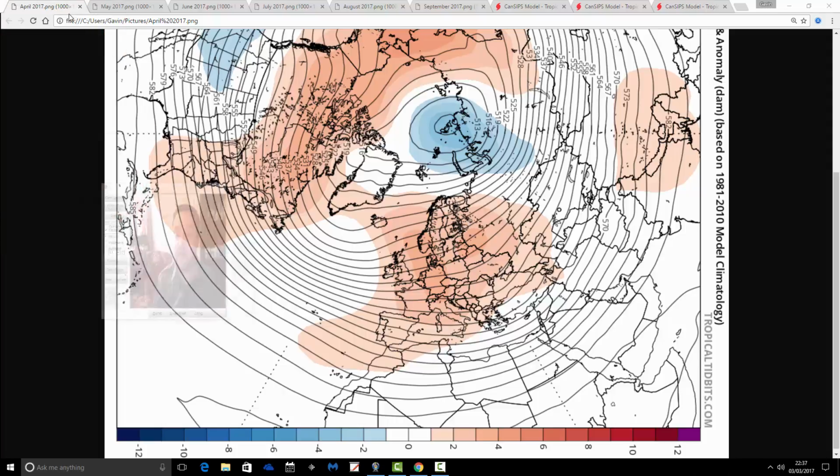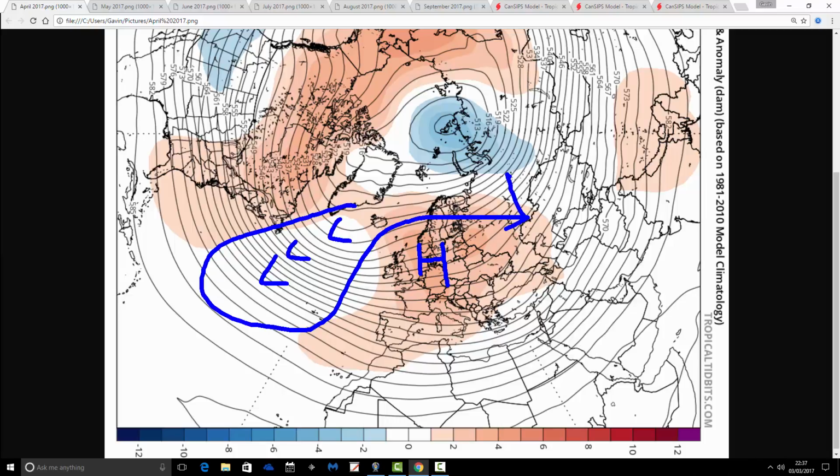Right, let's start off with the 500 millibar height anomalies. We're beginning with April. So this is the 500 millibar height anomaly for April 2017. It's just 1 month away, so if the model has this correct, hopefully this is the more reliable part of all of this. So for April, we're seeing an area of above average height centering to our east. So some sort of trough, I think, average height, but it's probably a trough through the Atlantic, and the flow is going something like that. So on the face of it, that's a pretty decent signal for April.